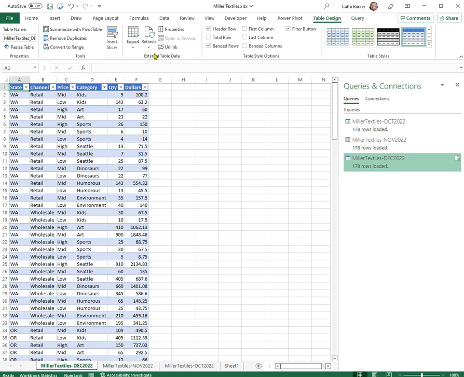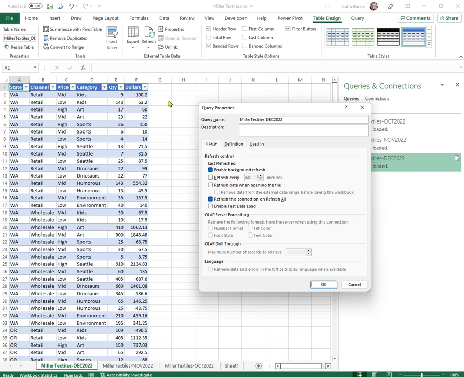And the other thing I want to mention, just with the topic of refreshing, is under the refresh button, there is a connection properties option. And if we go in there, basically we can refresh whenever we click this button, but I may want it to refresh every 10 minutes if I know the data is changing quite regularly. Or I may want to refresh whenever I open the file. So yeah, that sort of thing. You can also do a description and you can give the query a different name. So that's the name that you're seeing up here,